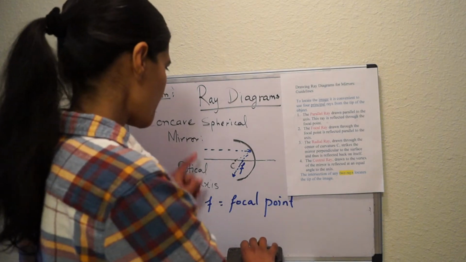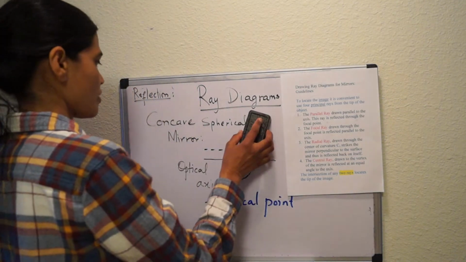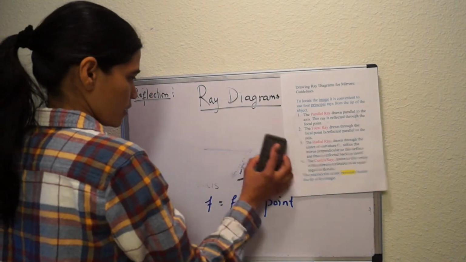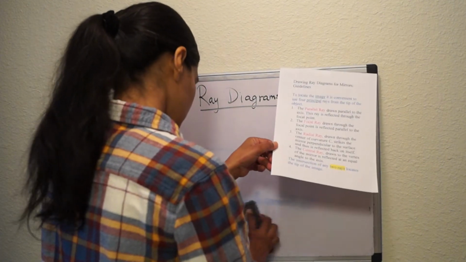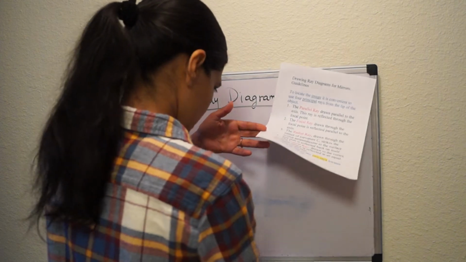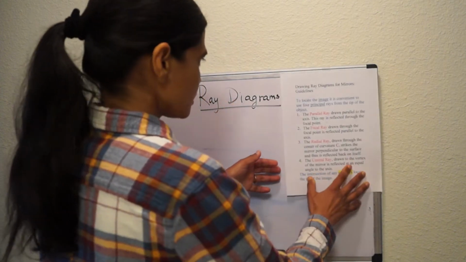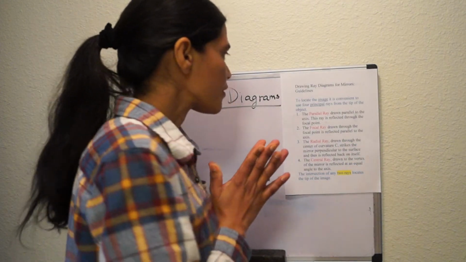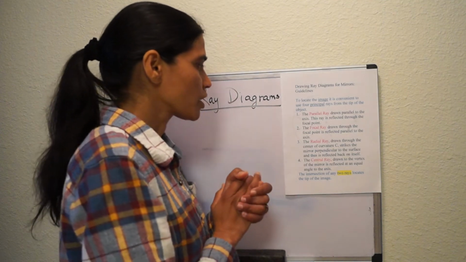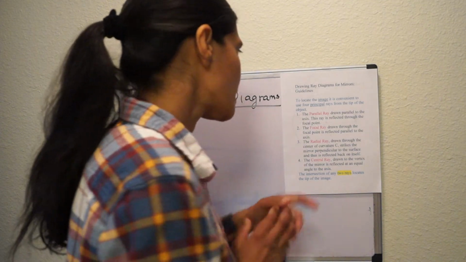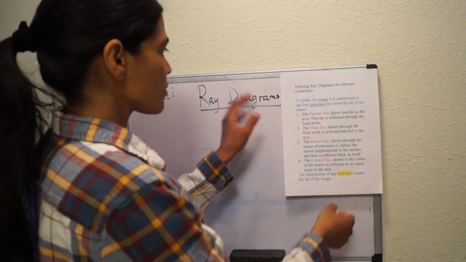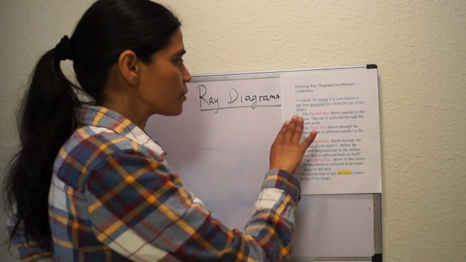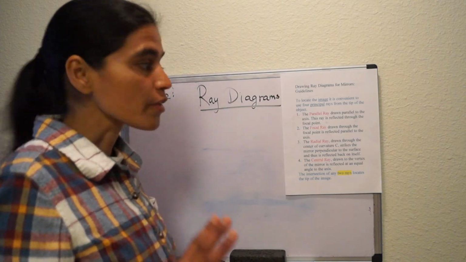I'm going to erase this, and we can redraw when we need. Alright, so now there are a few guidelines that would be helpful for drawing ray diagram for mirror. So to locate the image, it's convenient to use 4 rays from the tip of